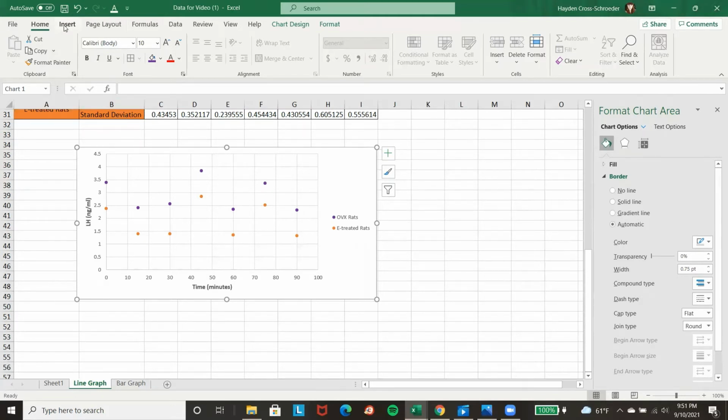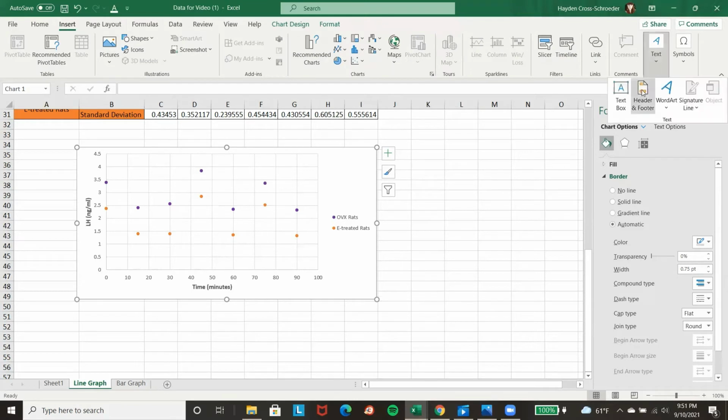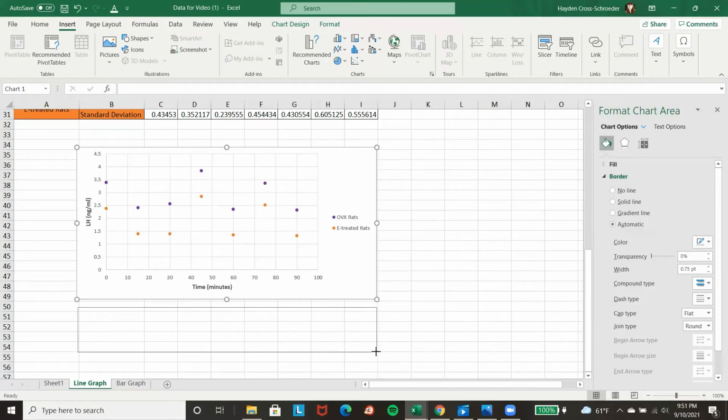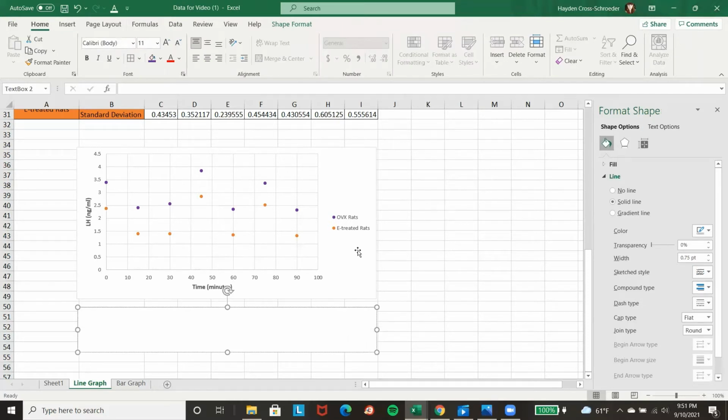So to do that, you'll press insert and then text and text box. And you'll put it down here. You could also just do this in Word because you'll copy your graph over to a Word document, and right below it you can type the figure caption, but I find it's a little bit easier just to do it while still in Excel, and that way I don't forget it. So you'll type figure 1 and bold that and put a little period afterwards, since this is the first figure